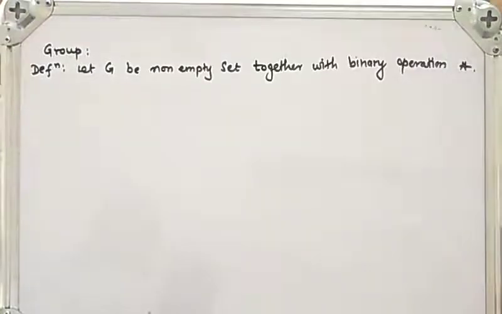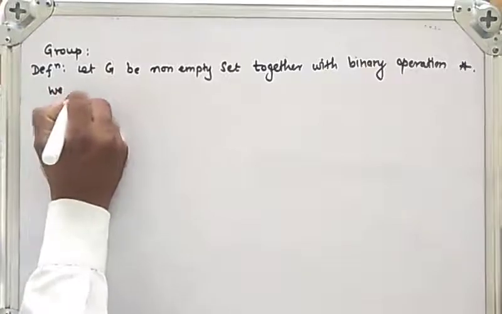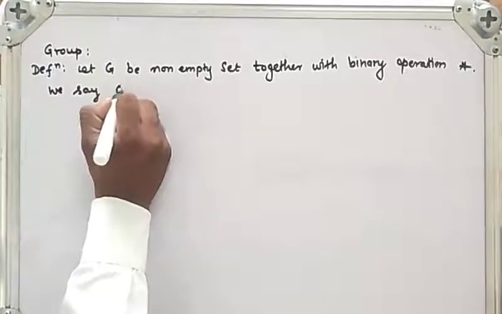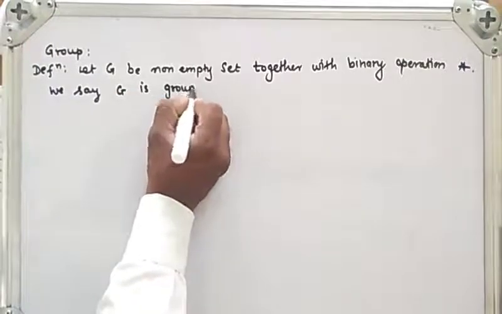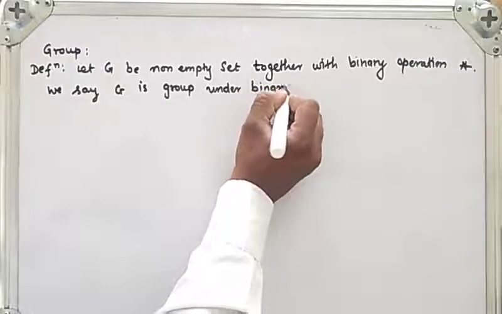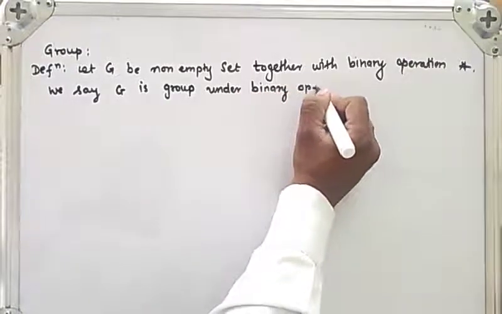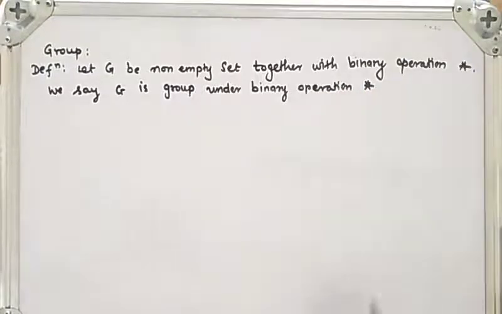We say that G is a group under the binary operation star if it satisfies the properties,